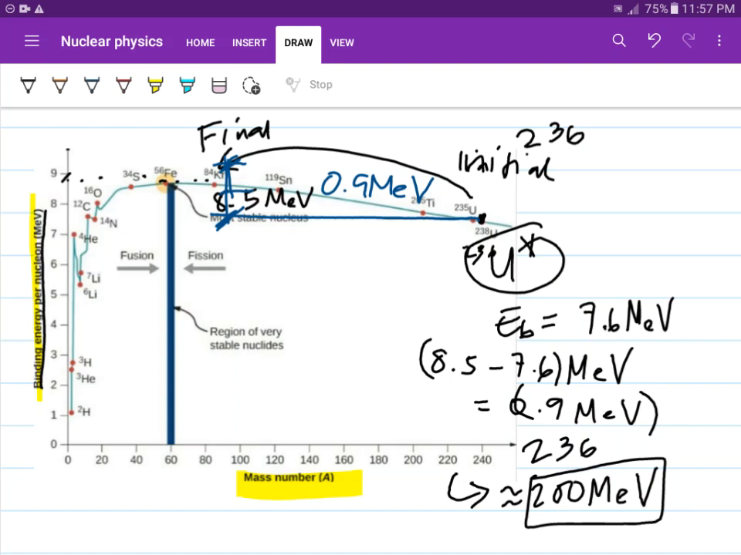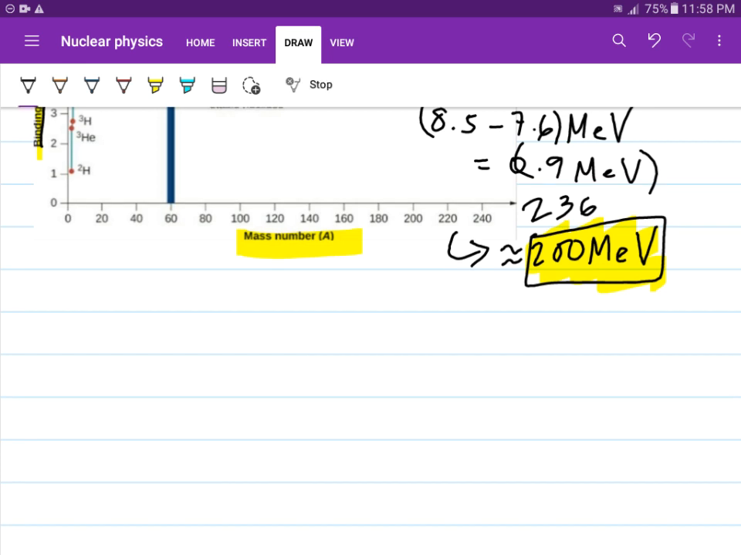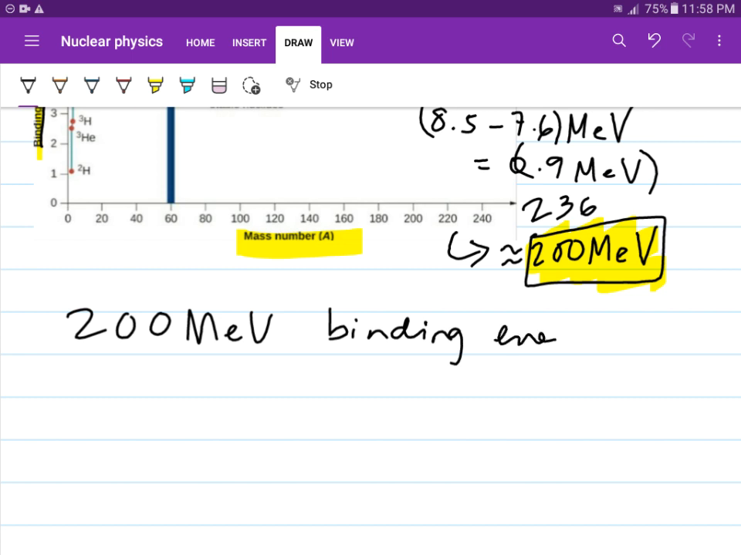As we computed earlier in nuclear fission, 200 mega electron volts is being created to form these daughter nuclei. So these 200 mega electron volts of binding energy, or we should say the increase of 200 mega electron volts of binding energy, should correspond to some